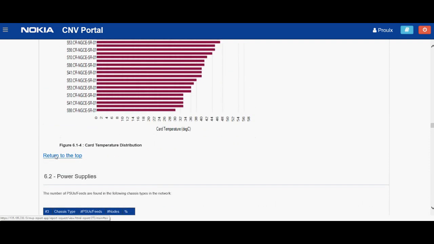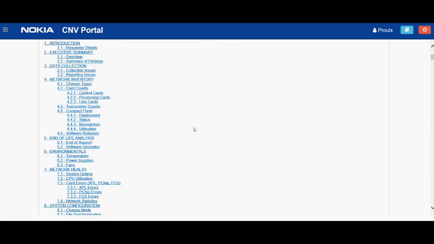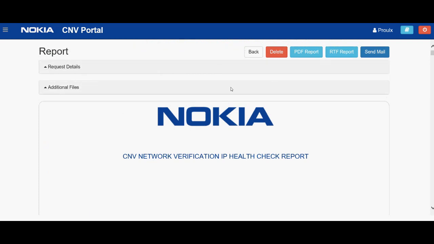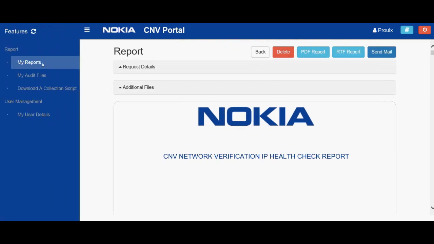So it will highlight which cards, which node has the highest temperatures, and you can address the network. So when you think about it, what you're doing is you're looking at your network, you're doing health checks on it every week, and you're on top of your business, how to fix things before things go really bad in your network. So I want to go back now to another report. Let's do